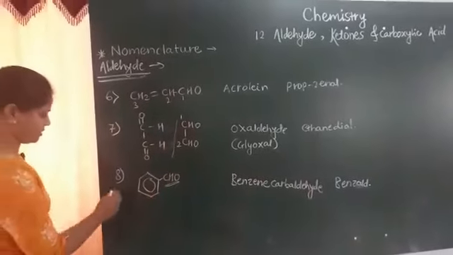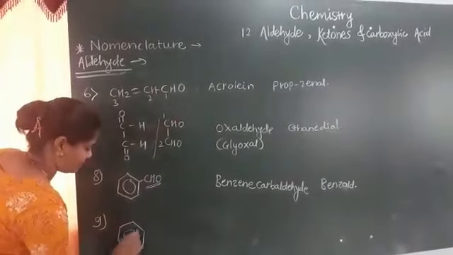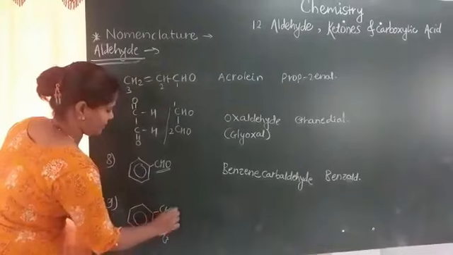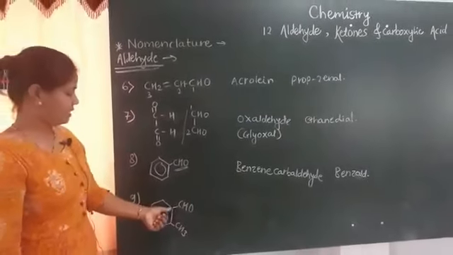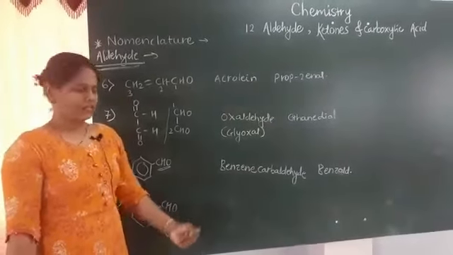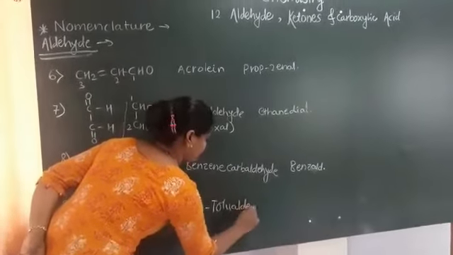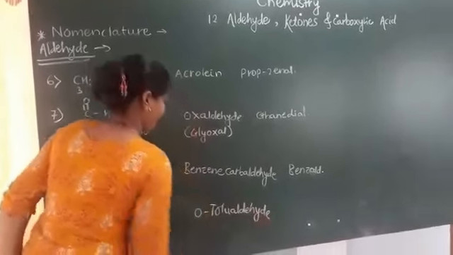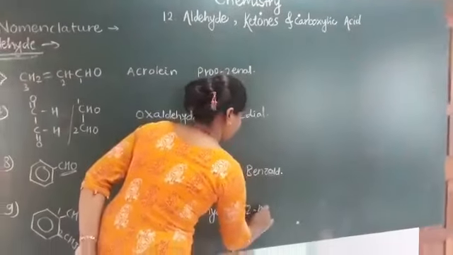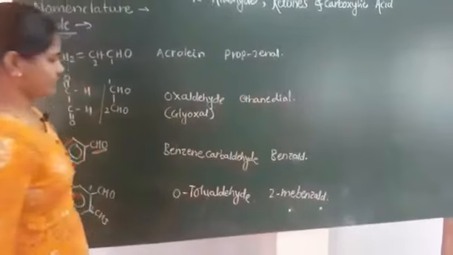One more example of aldehyde we will see. We will take a substituted benzene, that is with CH3 and CHO. What was here in the carboxylic acid? The name was orthotoluic acid. Here this one is orthotolualdehyde, and the IUPAC name is, numbering 1 and 2, 2-methyl benzaldehyde. These were some examples of this.